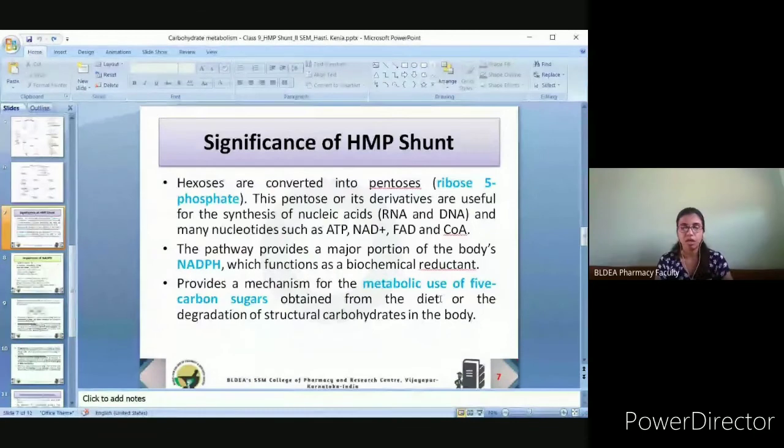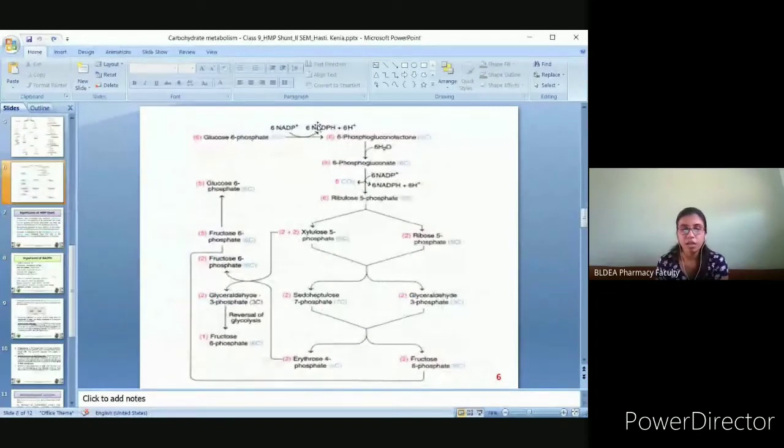If other carbohydrates are present, strong inhibitor in this reaction. Yes, it will inhibit when, as we know, this is a reversible reaction. Sorry, it is an irreversible reaction. Okay. Now, glucose 6-phosphate to 6-phosphogluconate. It is an irreversible reaction. So, when the concentrations of this 6-phosphogluconate increases, then this NADPH will try to inhibit this first pathway itself. So, it can act as an inhibitor of this pathway itself.